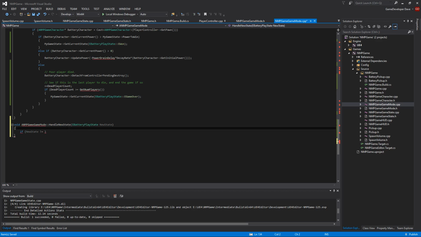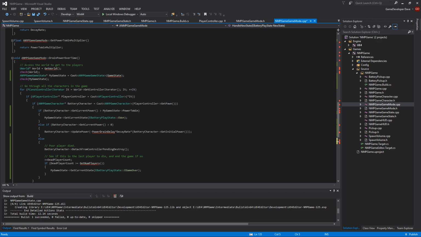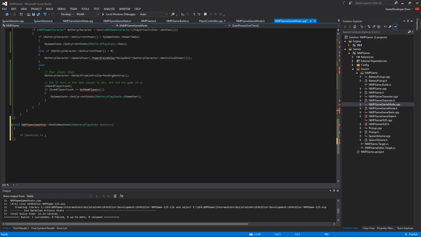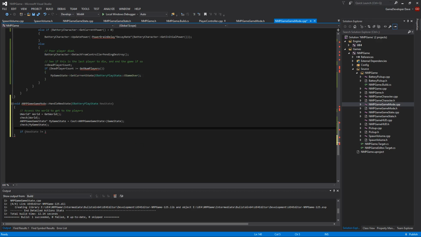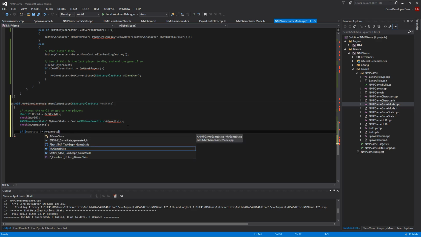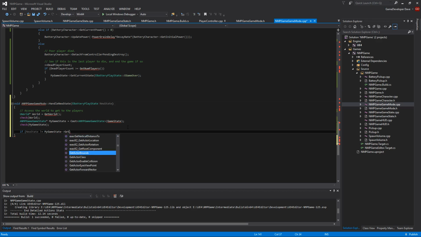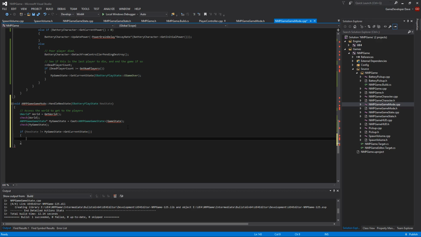So we need to get a handle to the game state. So let's just grab here where we get those handles to the world in the game state. We'll just drop that same block of code here. So now we need to make sure that my game state get current state. Okay, so make sure the states are actually different. And if they are, then we're going to update the state